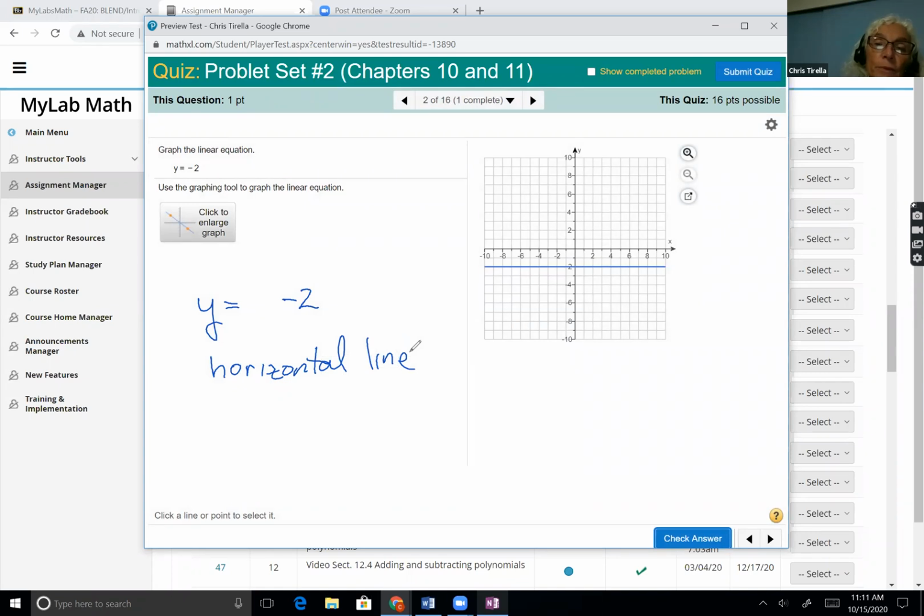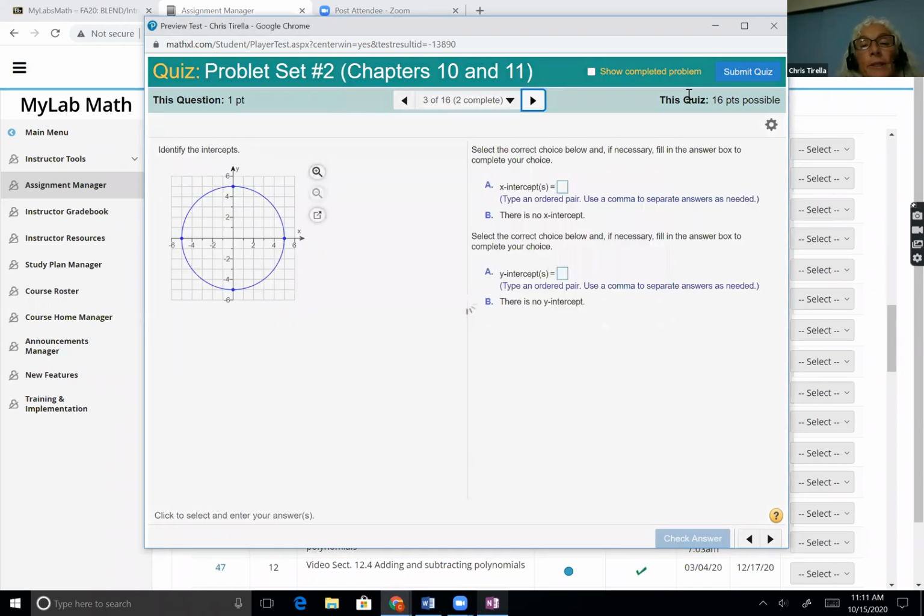Okay. Then, next question. We're asked to identify the intercepts. With this question, a lot of times, looking at the answers that people put on this test, usually I make a typed copy of this into a pencil and paper class test. The biggest mistake that people make is they don't type their points as an ordered pair and use commas to